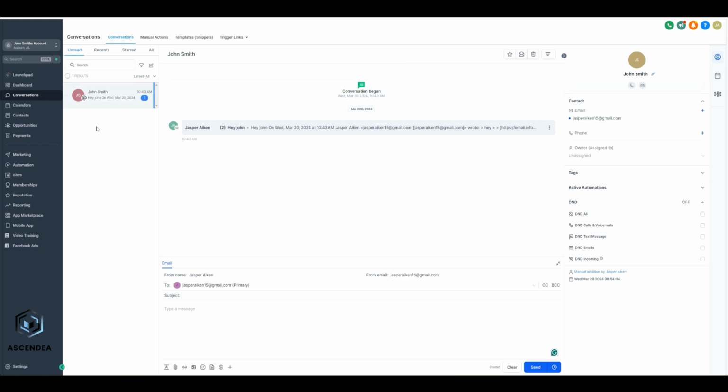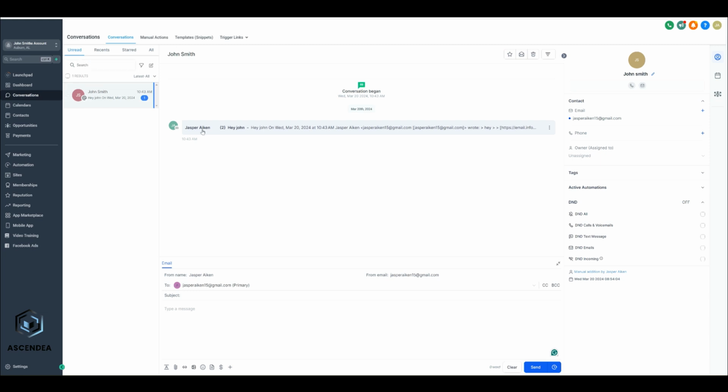This is an @ symbol, so obviously this is an email that this person sent in. It's under the unread tab right here. If you want to see all of your messages, you can click on all and it'll show all of the previous messages, but all of your unreads and recents and starred will show up under these different tabs right here, and you can search by contact or by something that you said in a message right here and find the